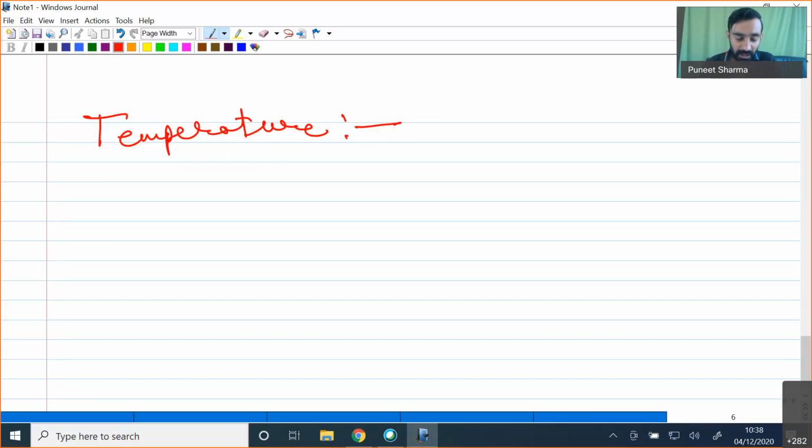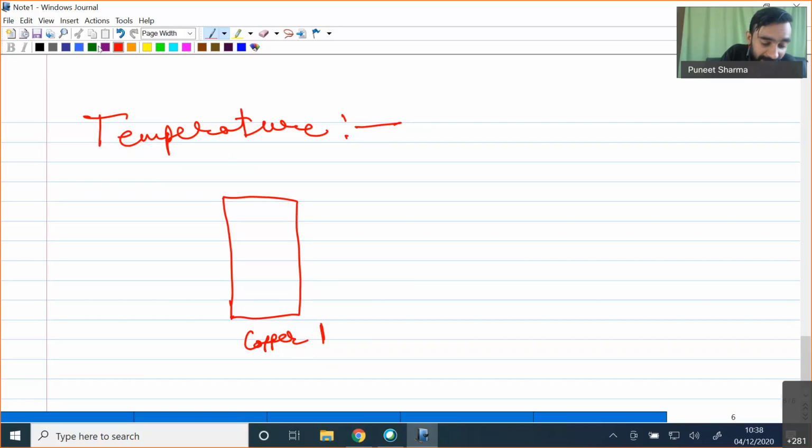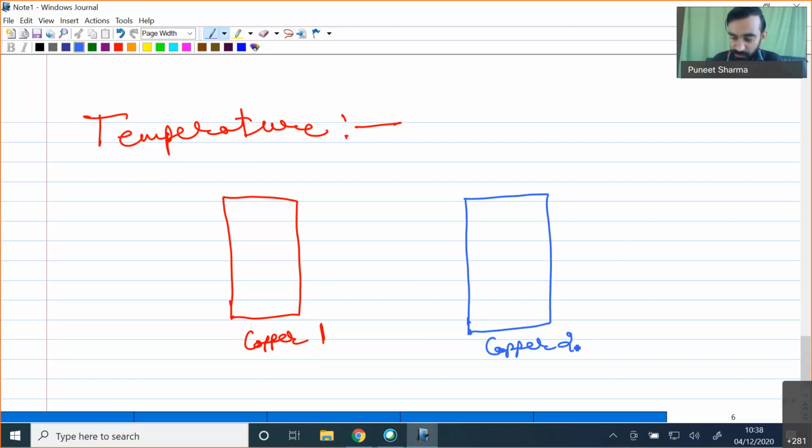Okay, so one of the good things we have seen with temperature is this. If I take two identical copper blocks, say this is my copper block 1 and this is my copper block 2. I am using the term identical for these two, so it means their material, size, etc. everything is the same. Now initially I have kept this copper block at some high